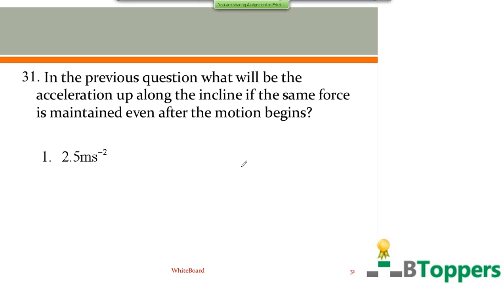Earlier I told you that if a block is placed on the rough inclined plane and a force is applied on the block parallel to the inclined surface, which is just sufficient to start the block moving up along the inclined plane, and if the same force is maintained even after the motion begins, then the magnitude of the acceleration of the block is given by